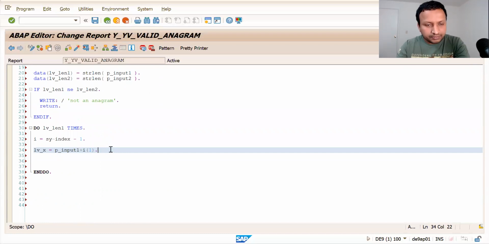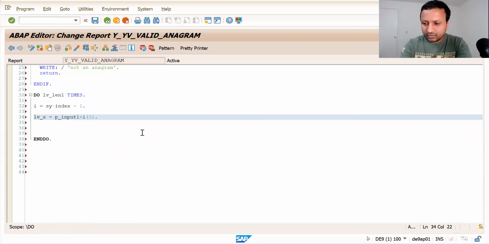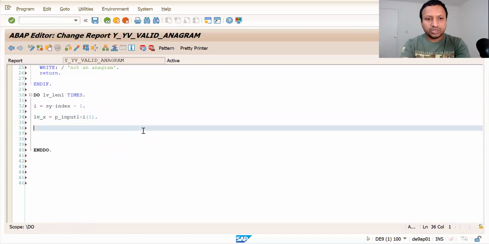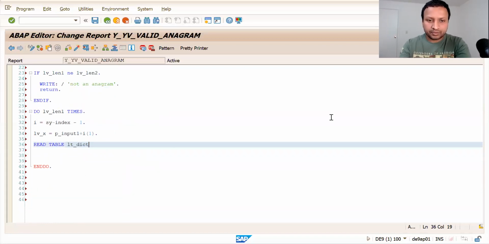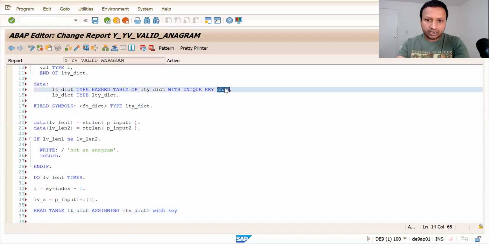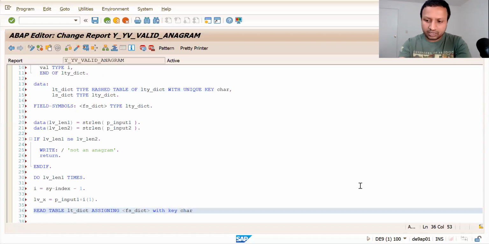Now what we do first is read our internal table, read table lt_dictionary assigning fs_dictionary with key character equal to lv_x1.